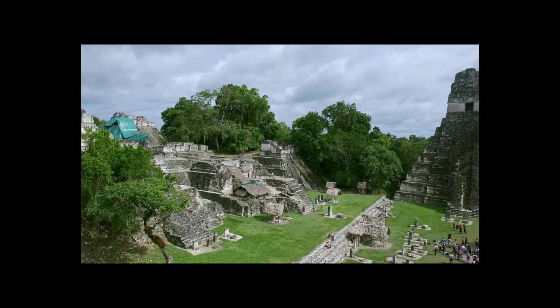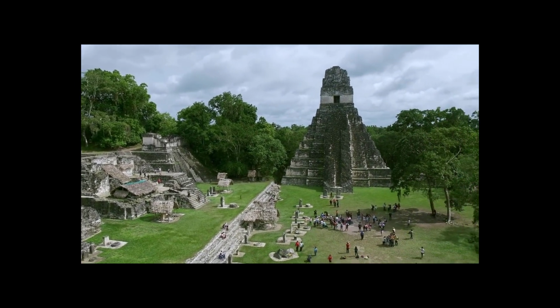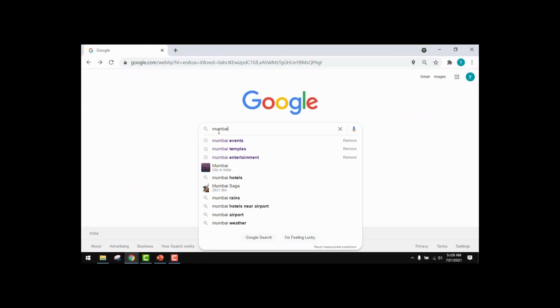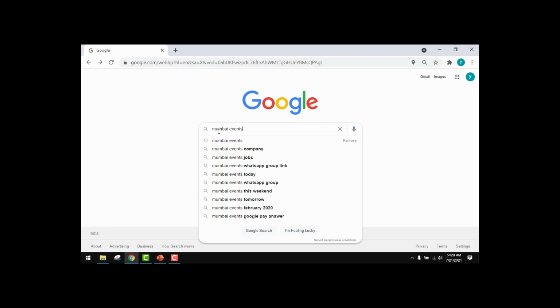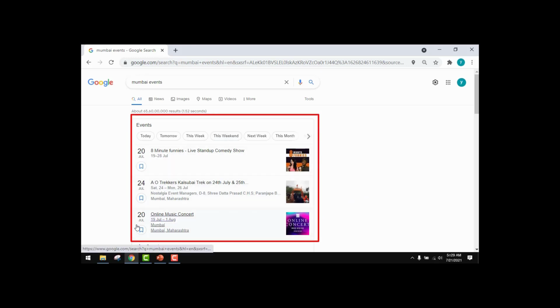Now let us say you are done with flight and accommodation, and now the next question is, what are the events you can attend at that place during your stay? Then again Google will give you instant answer. Just query like Mumbai events. Because I was planning to go to Mumbai for trip. In general, you can type city name or location space events and that's it. Press enter. And you are presented with events interface, which has the list of events scheduled in the upcoming days